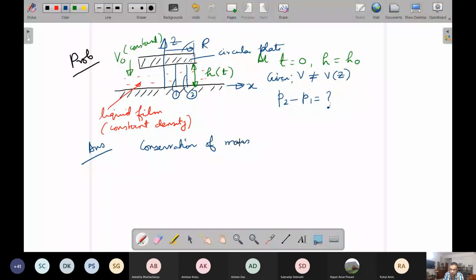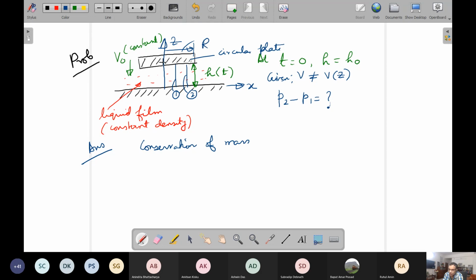In fact, we discussed one similar problem in our kinematics chapter. By conservation of mass being applied here, what we understand is that when the plate is coming down, it